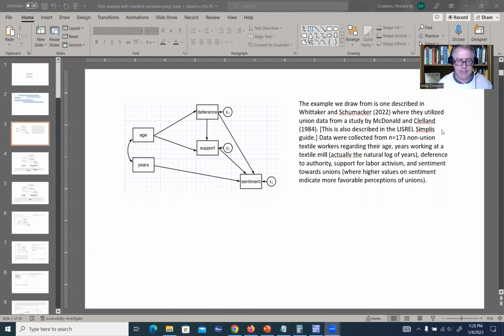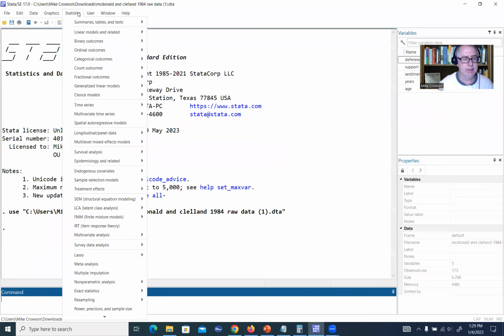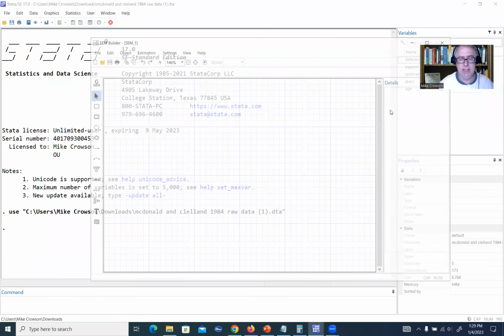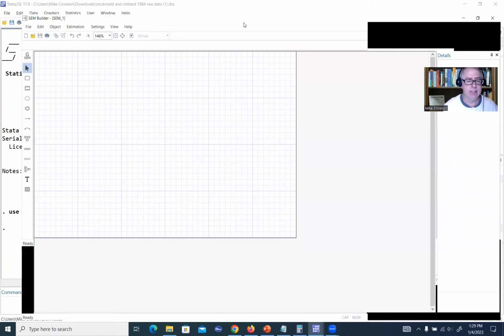So at this point, let's go ahead and open up Stata and go into the graphical user interface and draw out our model. So I'm going to open up Stata right here. The data has actually already been imported. So we can easily go into the diagrammer by going to statistics, go down to SEM, structural equation modeling, and click on model building and estimation. So when I click on that, an interface opens up. It looks like graphing paper almost, and I'll just kind of maximize this,